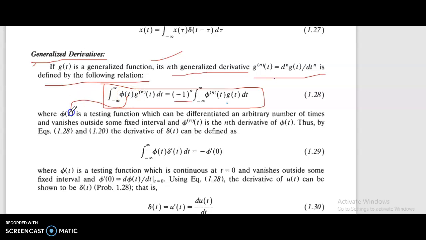Phi(t) is a testing function which can be differentiated an arbitrary number of times and vanishes outside some fixed interval, and phi^(n)(t) is the nth derivative of phi(t). Thus, by equations 1.28 and 1.20, the derivative of delta(t) can be defined as the integral from minus infinity to plus infinity of phi(t)